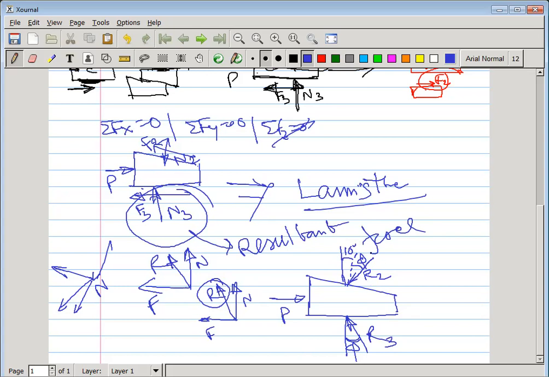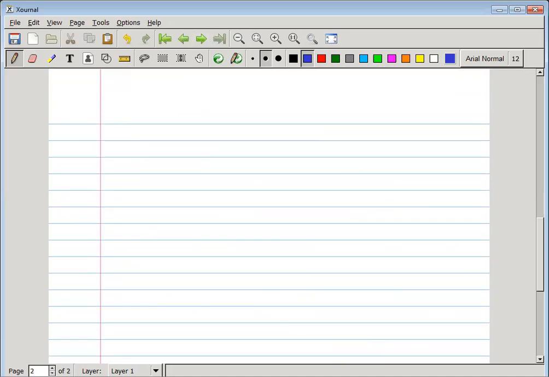Now you may have a question: sir, why are this phi and this phi equal? Because in the question it is given as 0.25 for all surfaces. If it were different for different surfaces, then instead of phi you would write phi 1, phi 2, since different surfaces have different magnitudes. But in this question the coefficient of friction is the same, so the phi are the same. They are called the friction angle, right?